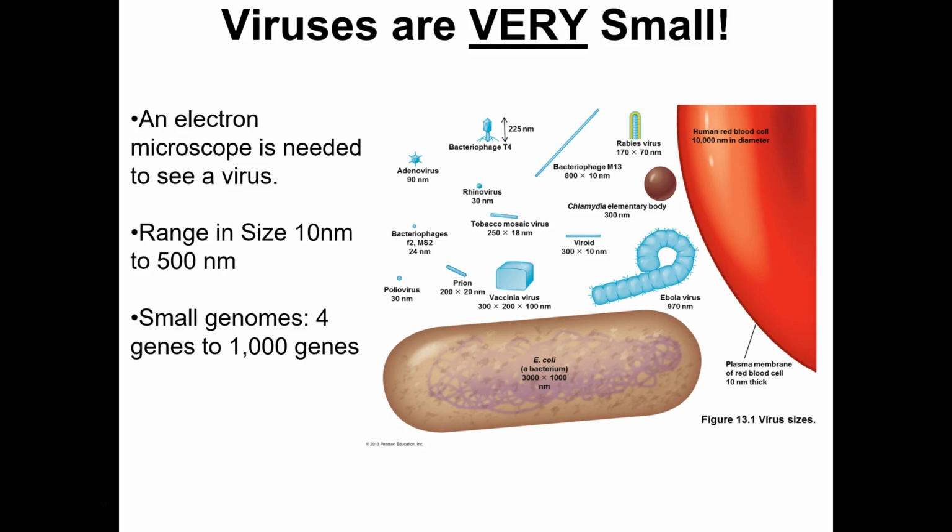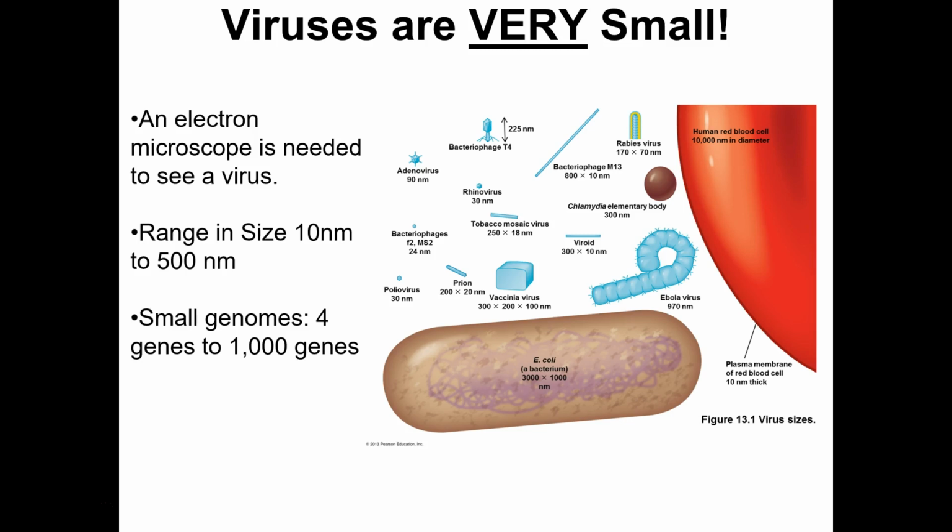Over here we have a human red blood cell. I love to point this out. There's the poliovirus, sitting at 30 nanometers. Look how much smaller it is compared to that red blood cell. Okay, so viruses tend to be considerably smaller than the host cell they infect. Some do get a little bit on the big side. Ebola's a bit of a monster. There's a handful bigger than that. There's a newer class of viruses called Pandora viruses, which are almost as big as E. coli. They're really weird.